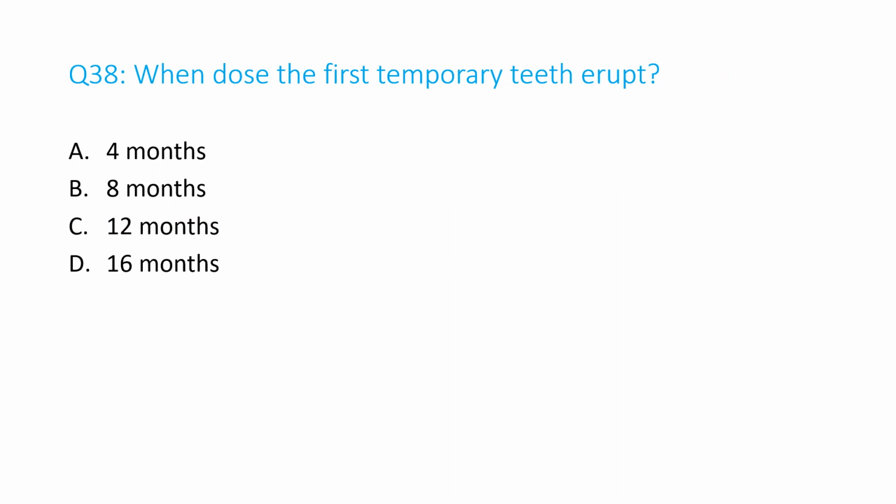Question number 38. When do the first temporary teeth erupt? A. 4 months, B. 8 months, C. 12 months, D. 16 months. And the answer is